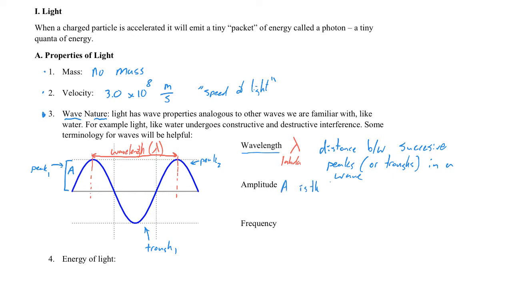The amplitude A is the height from the baseline, and the baseline is this middle point here. From the baseline to the peak of the wave. Okay, so what is the baseline? Well, the baseline is the line that cuts through the middle of the wave peaks, such that you have sort